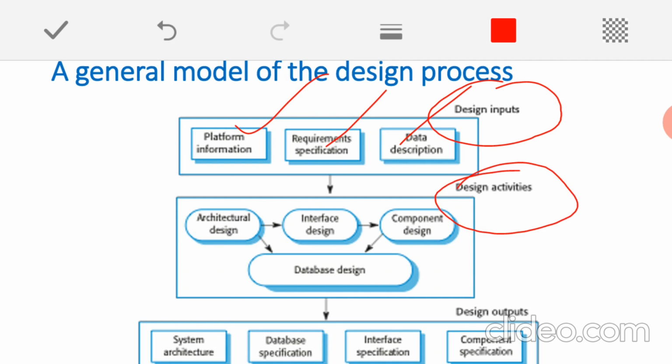So what is this platform information? It always decides in which environment you are planning to execute your software. That environment includes your operating system or your database applications or any other supporting software applications. Why? Because a software is not an independent component, and every software is going to interface with some other software. If you develop one software, to work with that software, you need to take the help of another software. Is it clear?